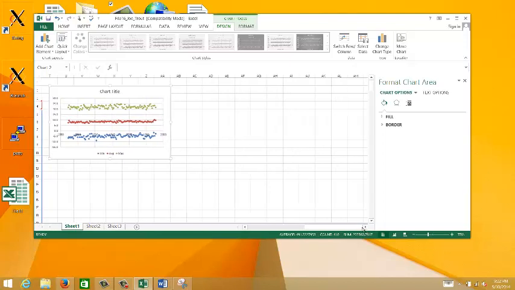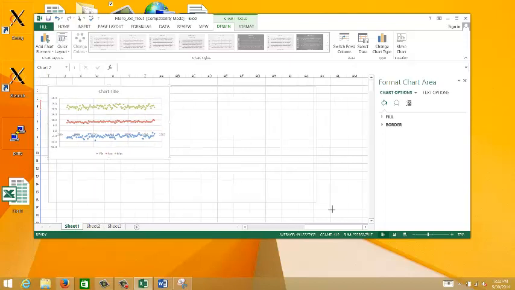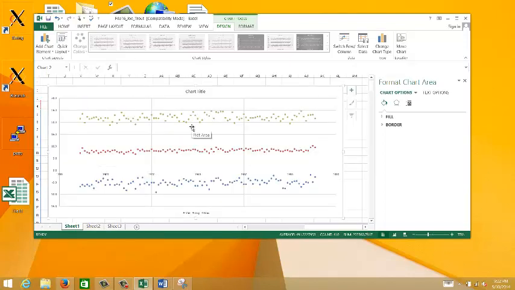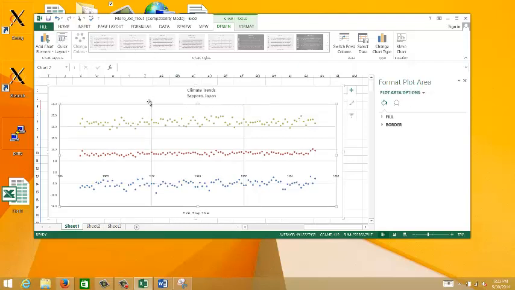And we get something that looks like this. Okay, we're going to go to the chart title and change it to something, say Climate Trends and the location. We also need to add in